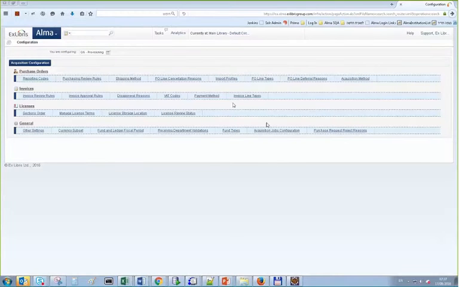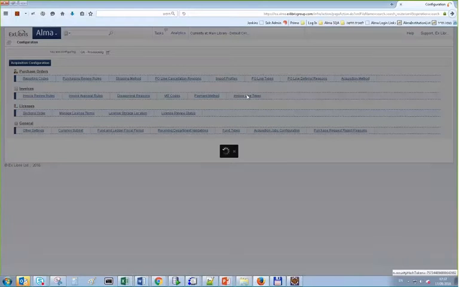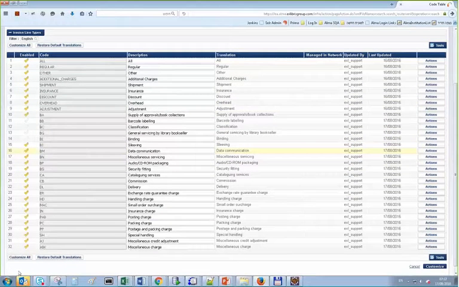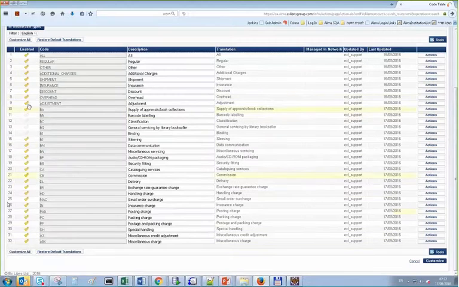Once you do, you will see a new link here in the invoices area called invoice line types. I don't know if you're working with all the types or not. By default, the first 9 are enabled. These are the regular, the other, the additional charge, the shipment, the insurance, the discount, the overhead, and the adjustment. You need to enable all the others. These from number 10 all the way down are new additional charges that may come through EDI,